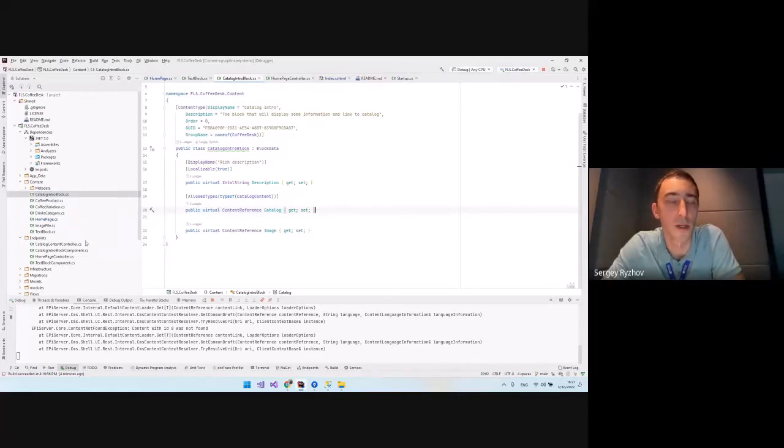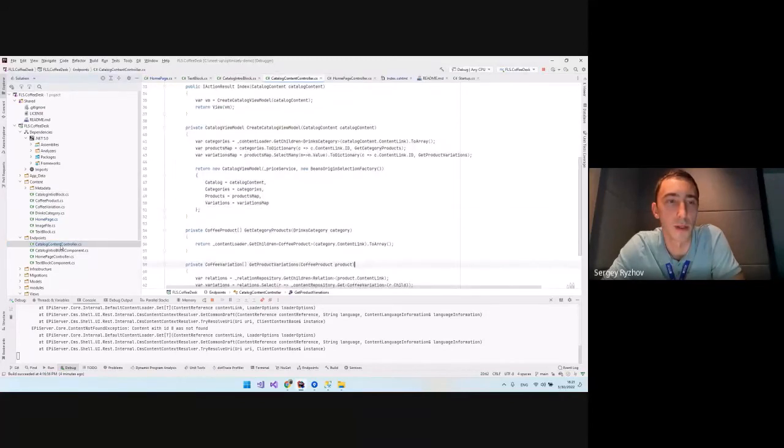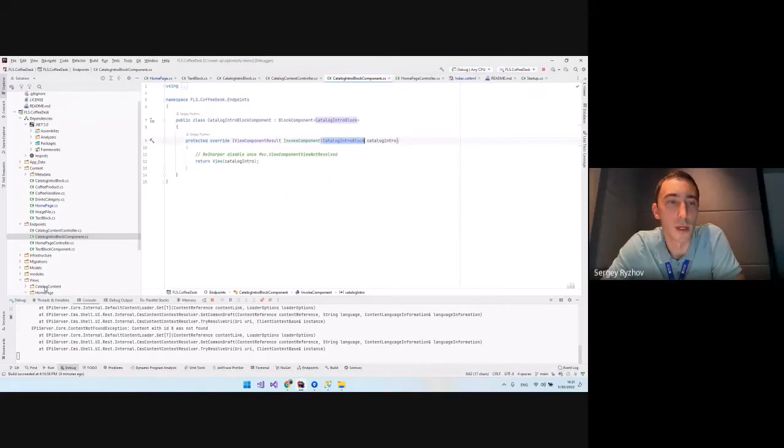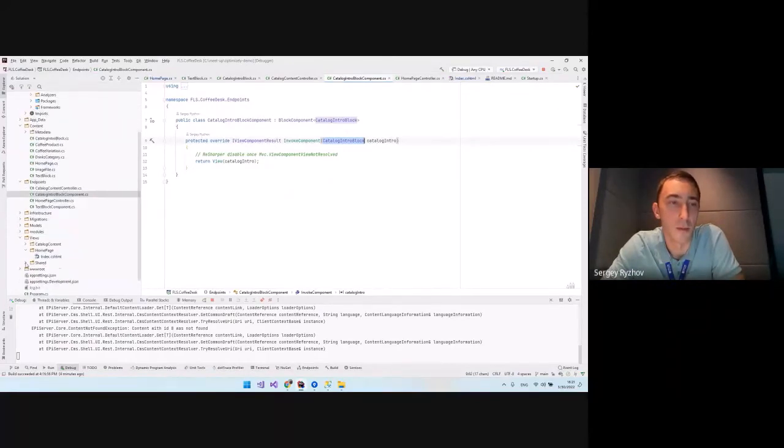Displaying blocks is also simple out of the box. It's based on a block component. You could also have a view based on that block. You could create your own view models and so on. And like I already said about this launch, it's not always intuitive, but all blocks should be in